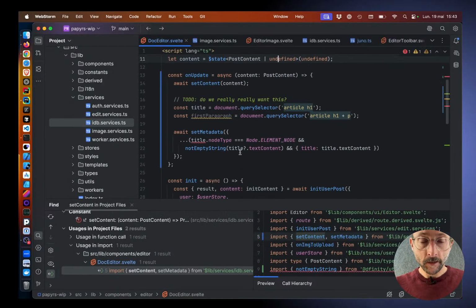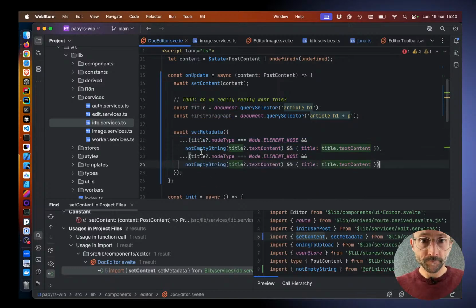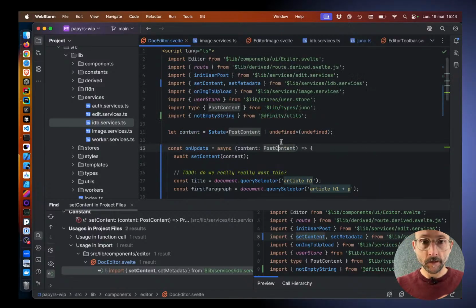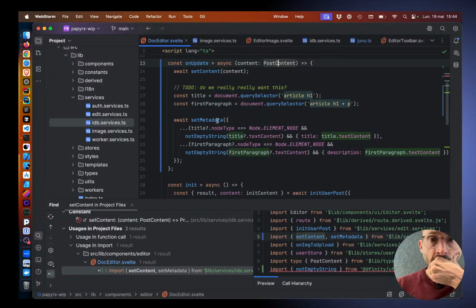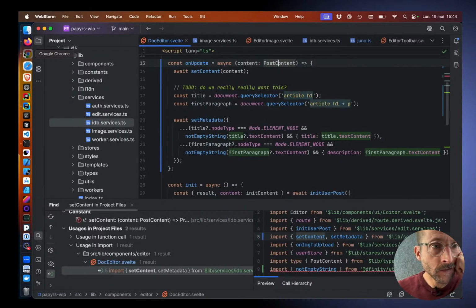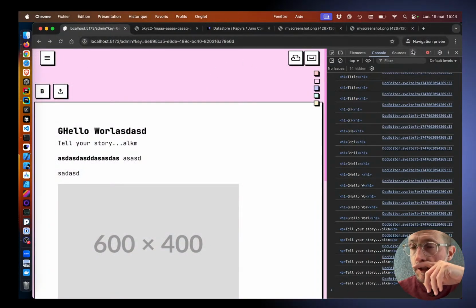Okay, and we do the same for the description. So first paragraph is an element, and if it's text content, like this. All right, and by setting this, I guess that when there is a change,